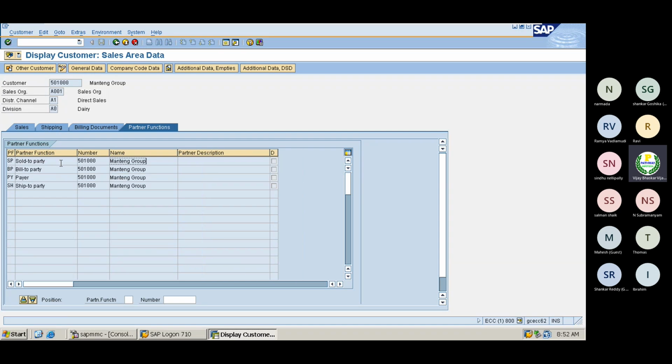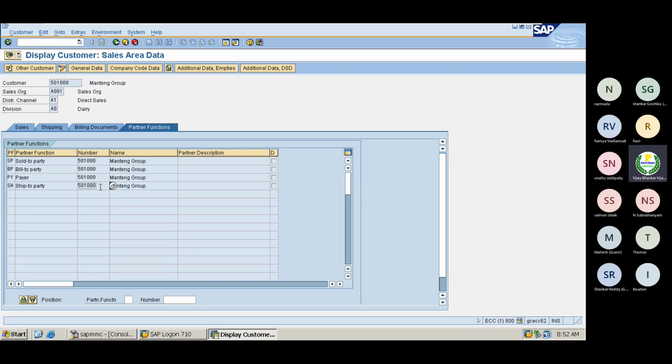Sold to party might be, see, if I have created different customer numbers in my SAP system, I have sold my goods to this customer. Remember, then the ship to party may be some other customer. Ship to party will have a different address.